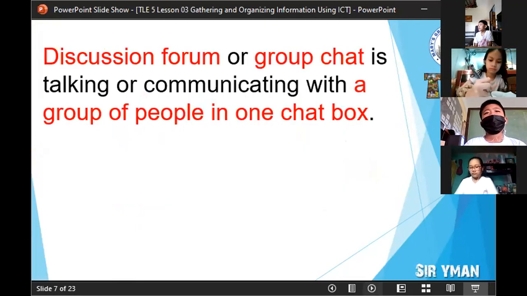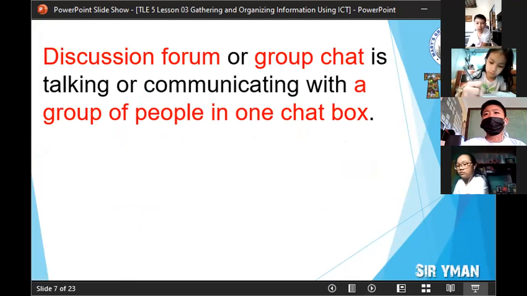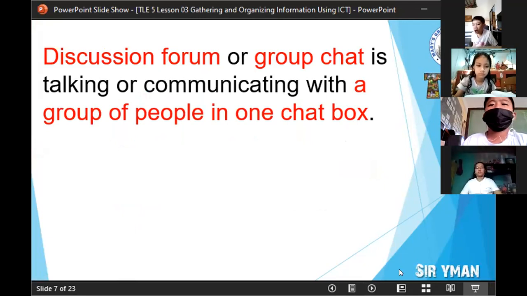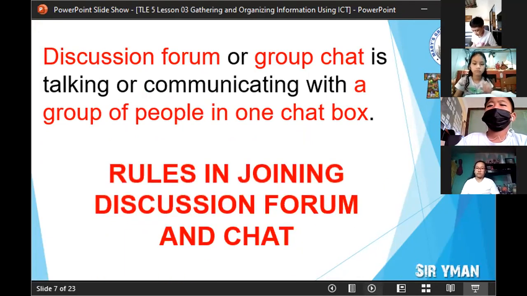And also we had discussion forum or group chat. Okay? Discussion forum or group chat is talking or communicating with a group of people in one chat box. Pinag-aralan din natin yan. And also the rules in joining discussion forum and chat.